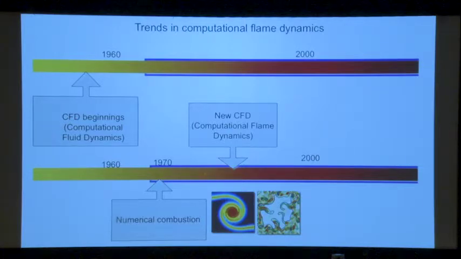So the new CFD, the fact that you calculate flames, for example, rolled up in a vortex, we were very proud to do such calculations numerically, or to have an ignition in a turbulent flow field. This is in 2 dimensions still, using DNS, direct numerical simulation. But that was in the 1980s, 90s, in the beginning. So rather late. There is a time lag for combustion, because combustion is more complex.